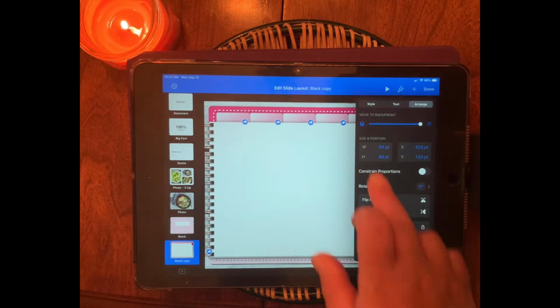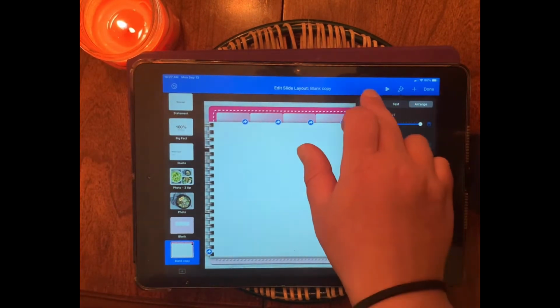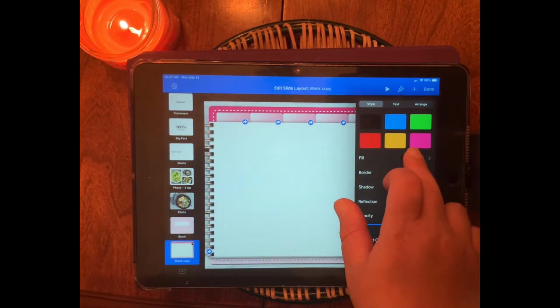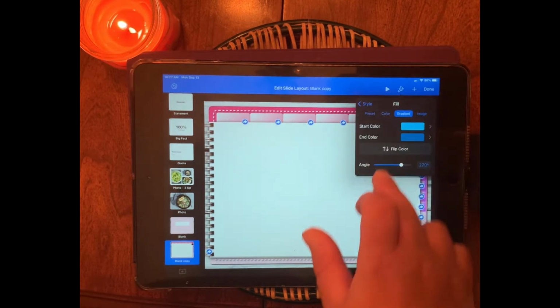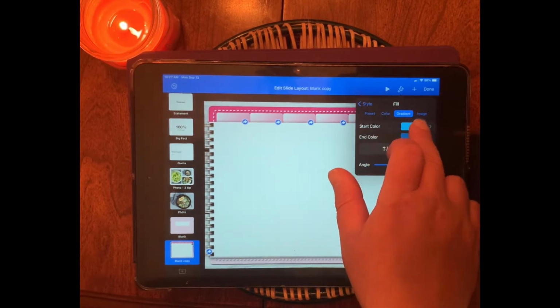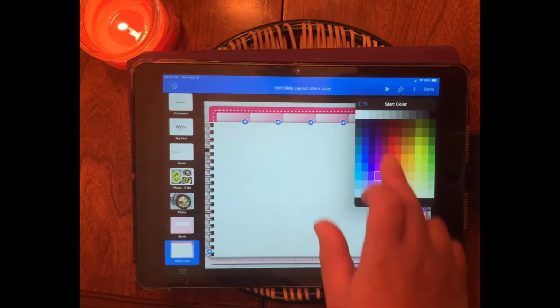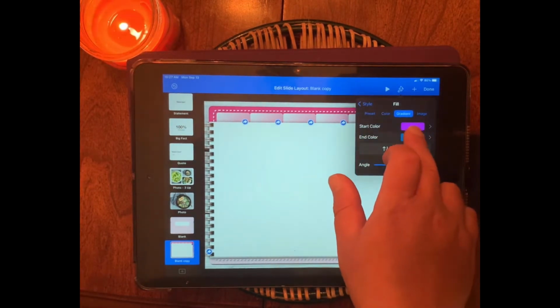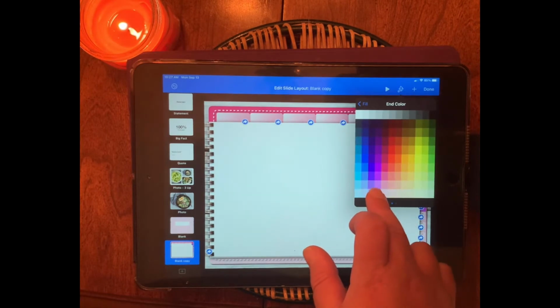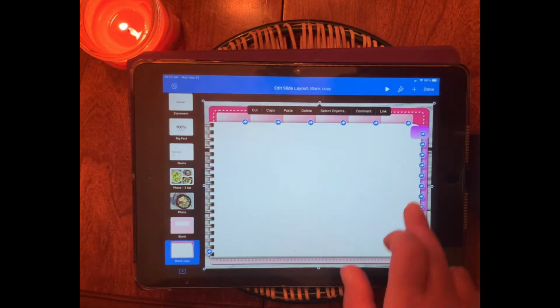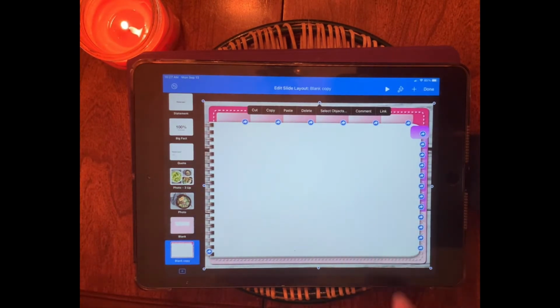And then you just go to your paintbrush and style, and you select fill, select your color, and I used purple, and then I used a lighter shade of purple, which is on the bottom here,